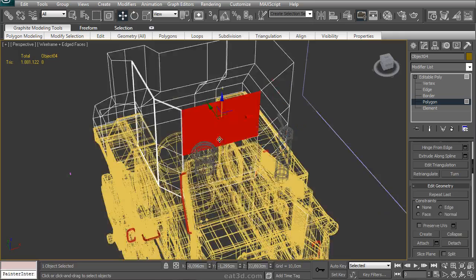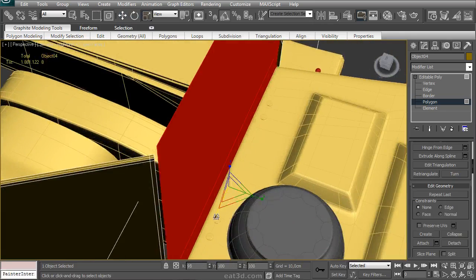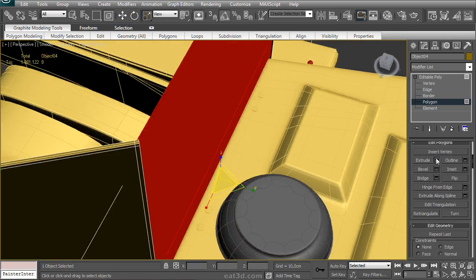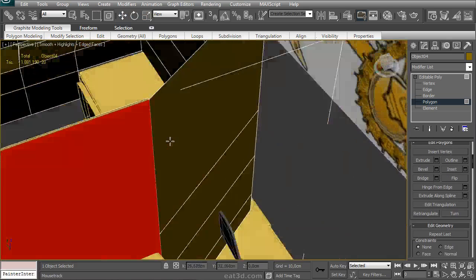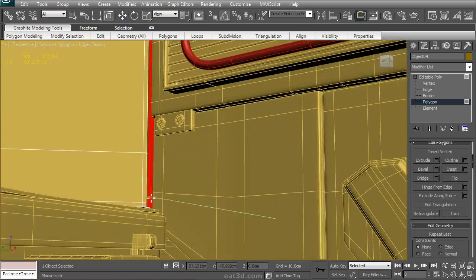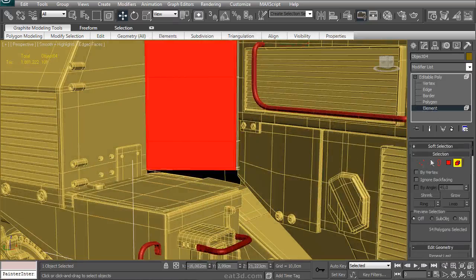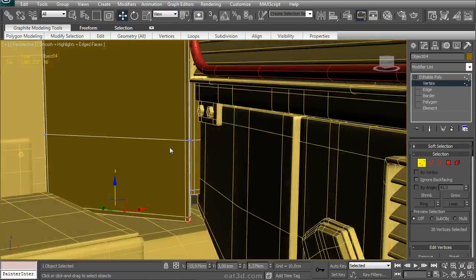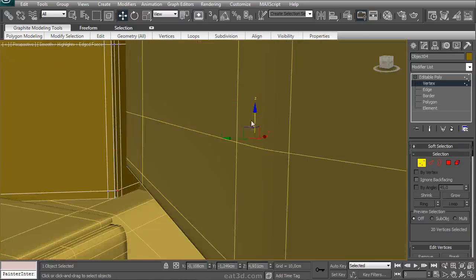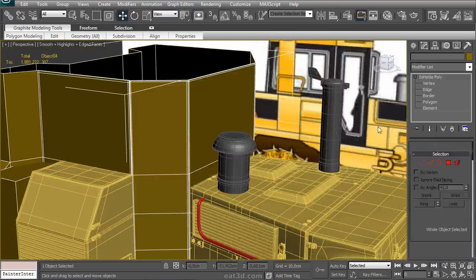So once again, just look at how things are built up in real life and try to mimic that in 3D. That's what I try to do a lot of the times. So extruding this part as well, adding the edges to it, real dead simple stuff. And I can't forget to close up this hole at the bottom. Do the same thing over there. And then move on to